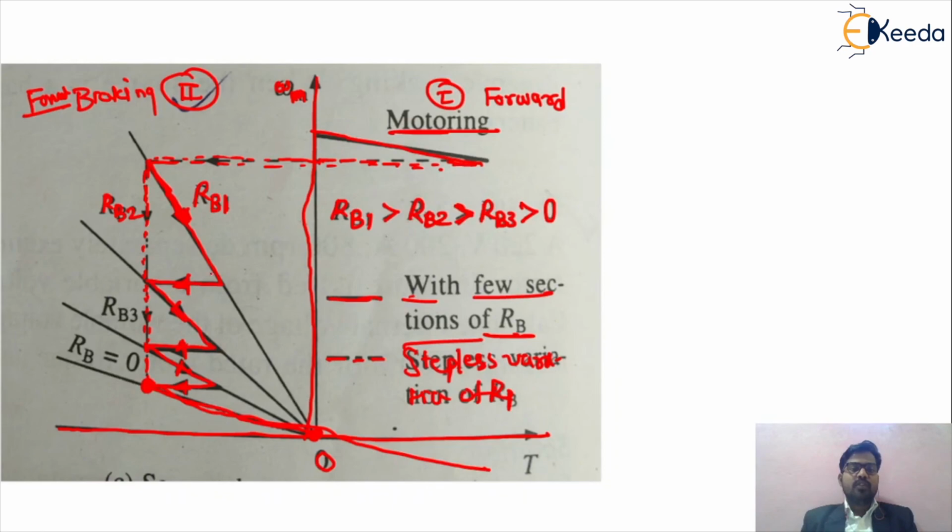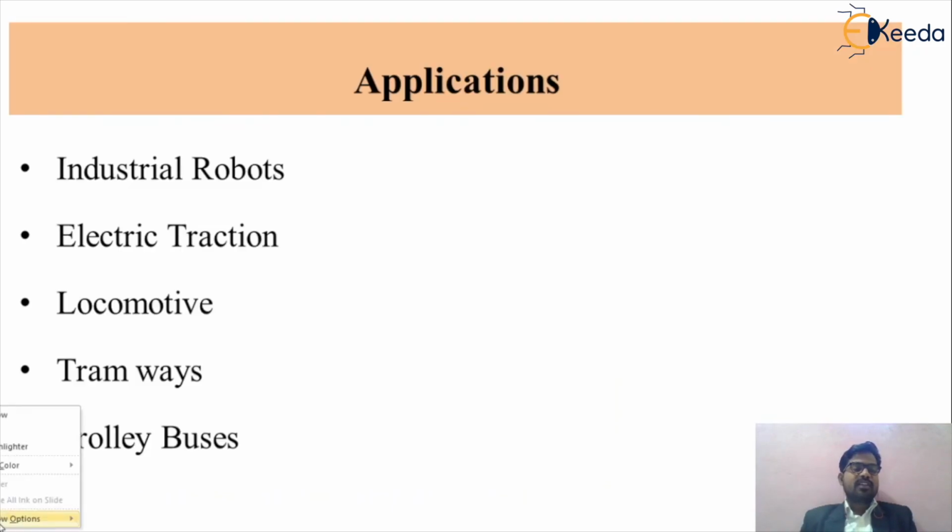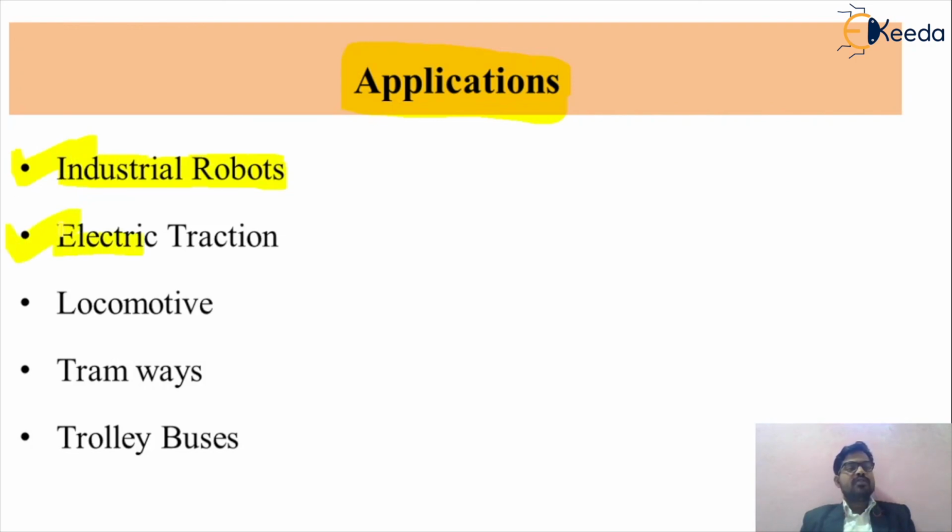So friends, next we can understand the different applications of your circuit. There are different applications of regenerative braking and dynamic braking in day-to-day life. The first application for the braking circuit is the industrial robot, where we are using such a braking system. Then a very popular example in day-to-day life is electrical traction. In electrical traction systems, we are using dynamic braking as well as regenerative braking for controlling motors, and the motor works as a generator in that case.